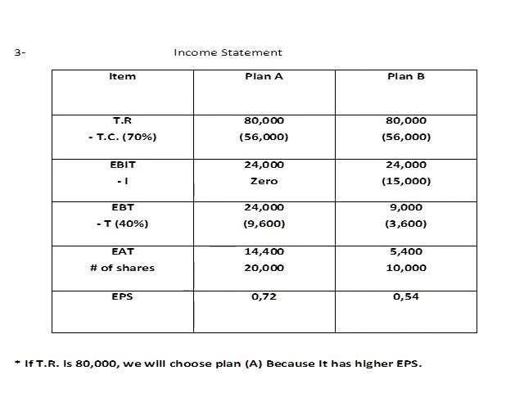In the third situation we are going to follow the same steps by making the income statement for both plans. The total revenue value only will change. It will be 80,000 in both plans, and we are going to calculate all the steps and follow the same steps like the previous situations until we reach the EPS at the last row. In Plan A it will be 0.72, in Plan B it will be 0.54, which means that Plan A is better than Plan B in case that the total revenue is equal to 80,000.